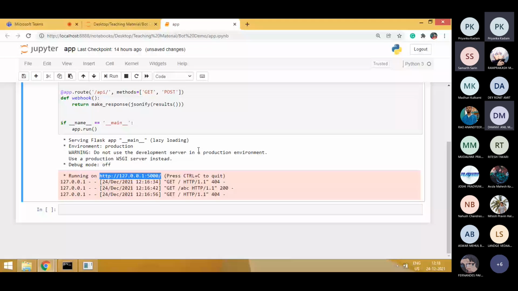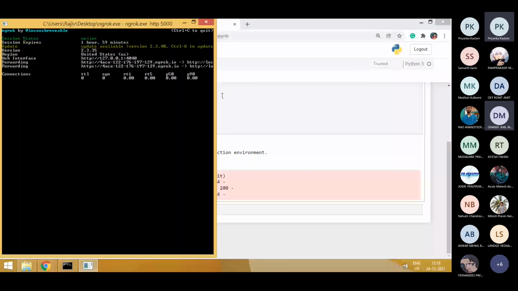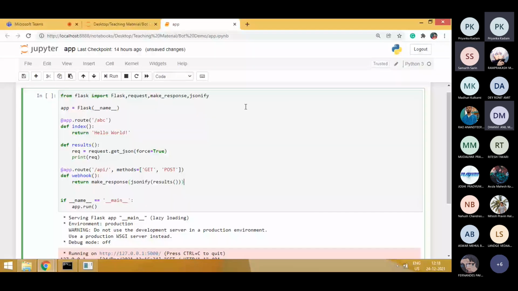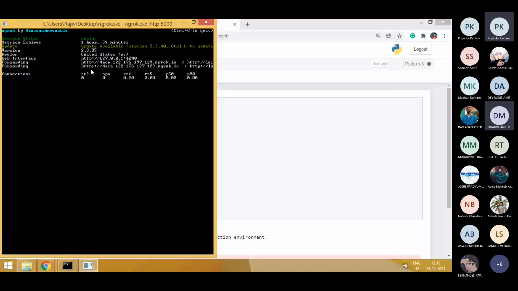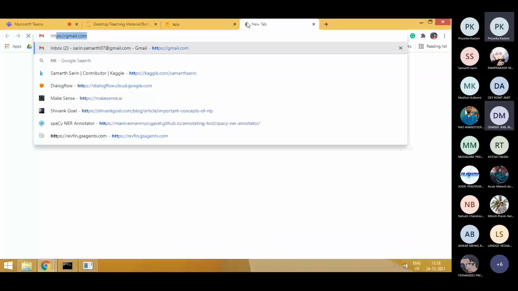In this ngrok HTTP, I just have to define the port number. It will give me a web URL. I'll just run. So you can see there are two URLs which it has returned. One is HTTP, and one is the HTTPS with the same URL. So what will happen is, if I hit this URL which ngrok has given to me,